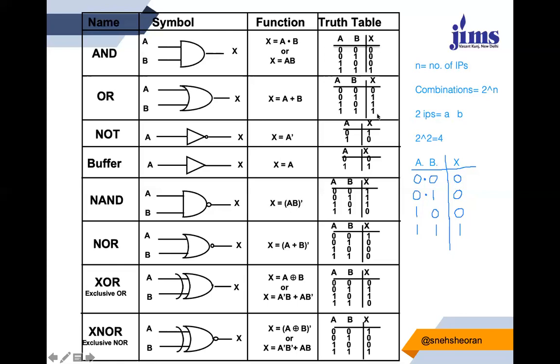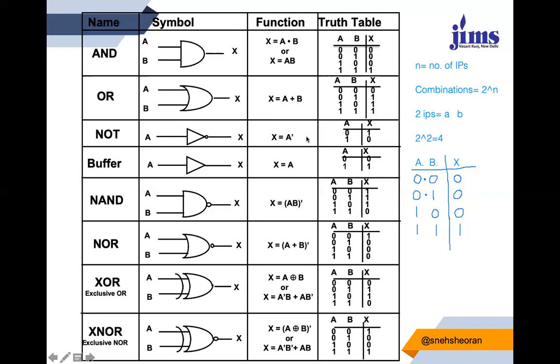So the OR gate can be summarized. If I have to summarize the OR gate, I can always say that in an OR gate, the output is high if either of the inputs is 1 or high value. X is going to be in high state if either of the inputs is in high state. So that was your AND gate, then your OR gate.